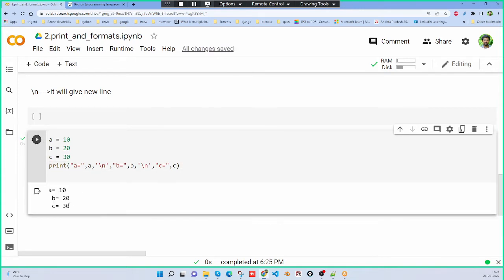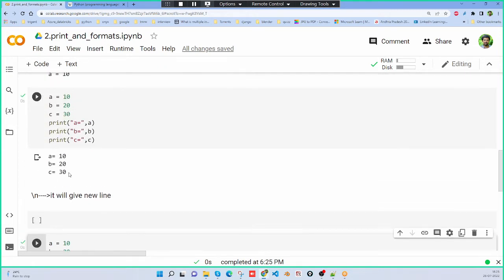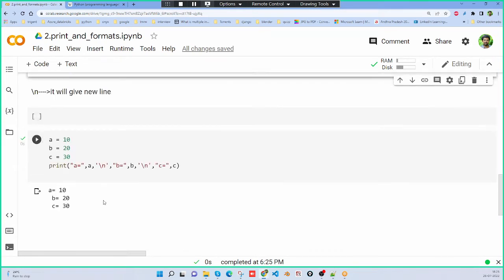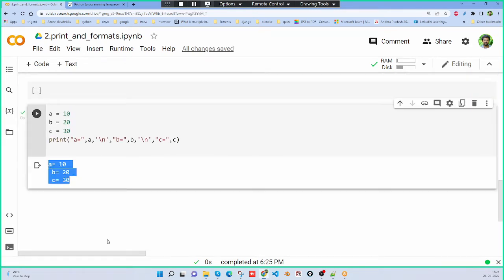Yeah, I got it in 3 different lines. Okay, if you observe here, here are also 3 different lines, here also 3 different lines. Like this you can compile. You can compile your code like this, or you can write your code like this. Now